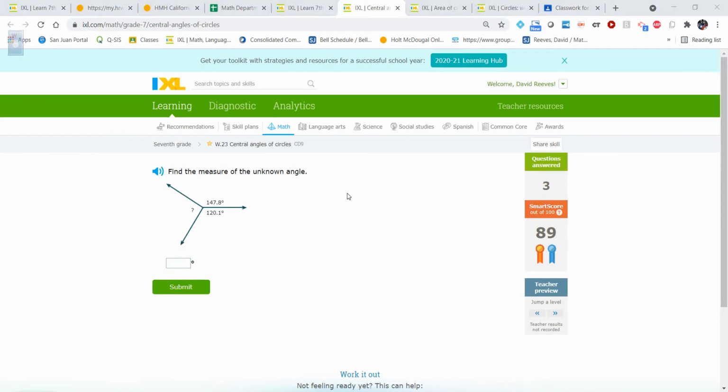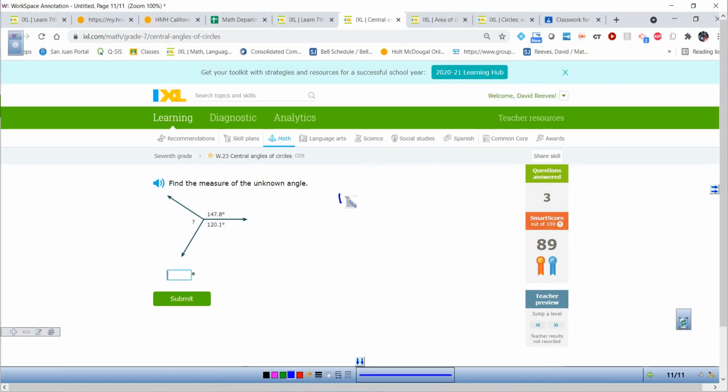They gave us 147.8, and they gave us 120.1. We're going to add those two together. Let's see, I've got a 9, I've got a 7, I've got a 6, and I've got a 2. So I have 267.9 degrees, and I need to do 360 minus